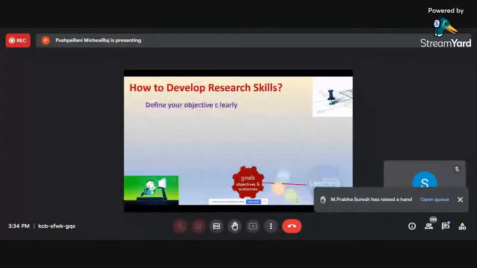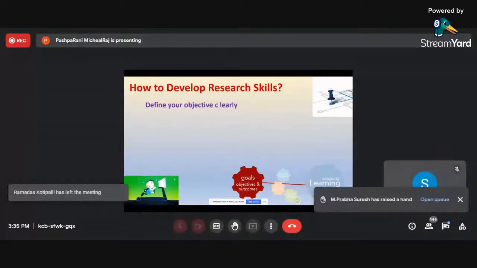So after improving your research skills, let's develop your research skills. Define your objective very clearly. So how can you define your objective very clearly? You already have a goal or an objective or a hypothesis or a question. In order to address that question, you need to develop your research skills. So identify your goal, and you have sub goals and sub objectives that you need to address your goal.